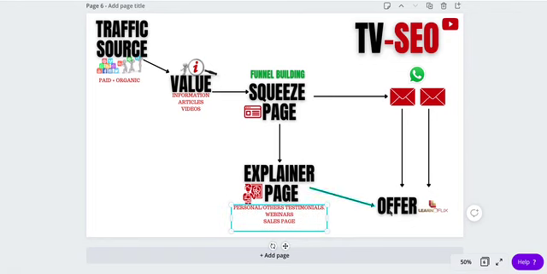So the offer that you are about to show them, which you talked about already under the value part, to get the offer, they have to give you their details. After you collect their details, you now move them to where they get more information. This could be another webinar, this could be a sales page.